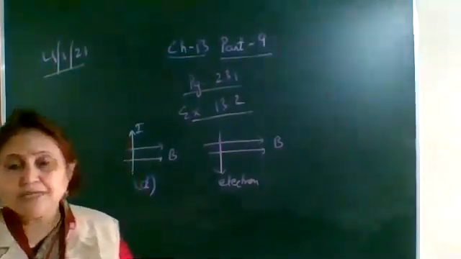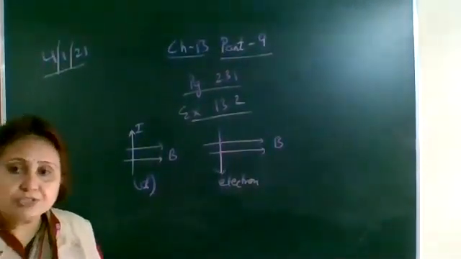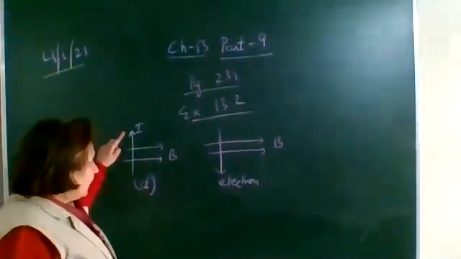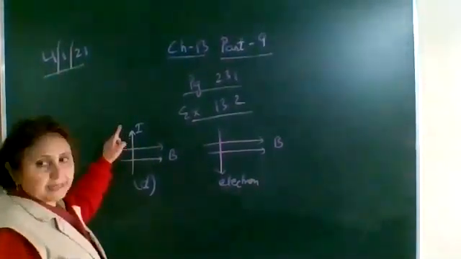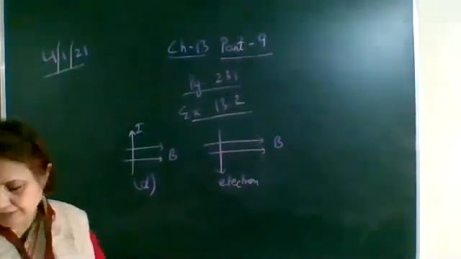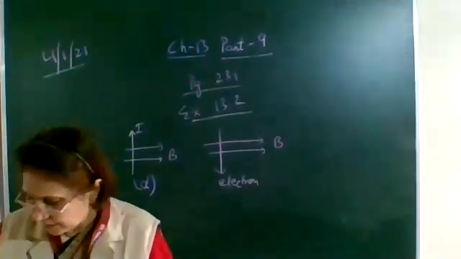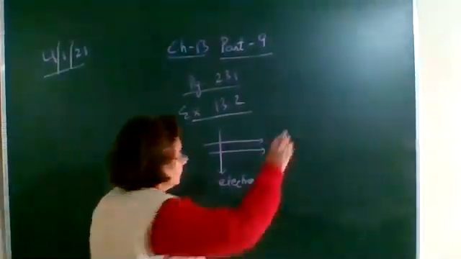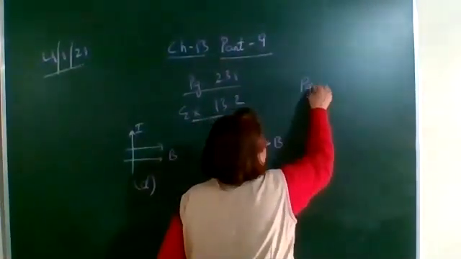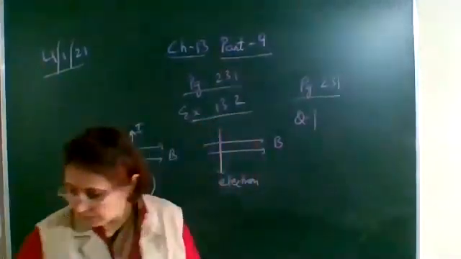So by using Fleming's left hand rule, we can find out the direction of the force whenever a current carrying wire is placed in a magnetic field. So this is the current carrying wire placed in a magnetic field. Okay, then there are a few unsolved questions on page number 231. This same page, 231. Question number 1.